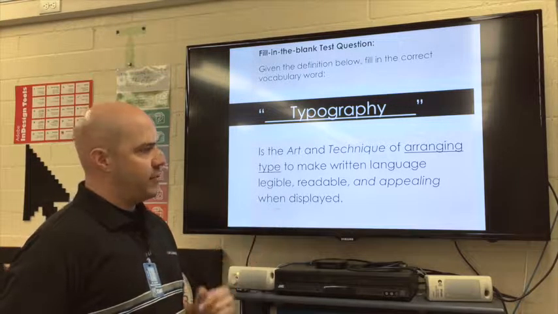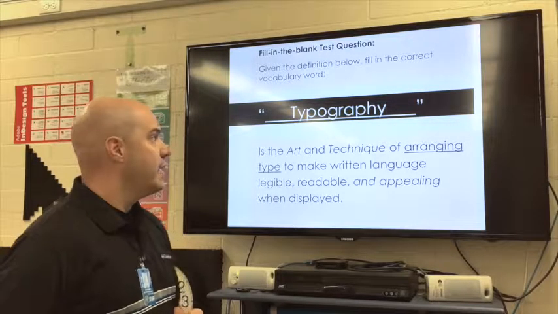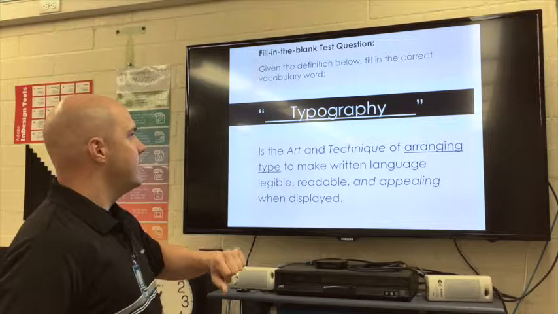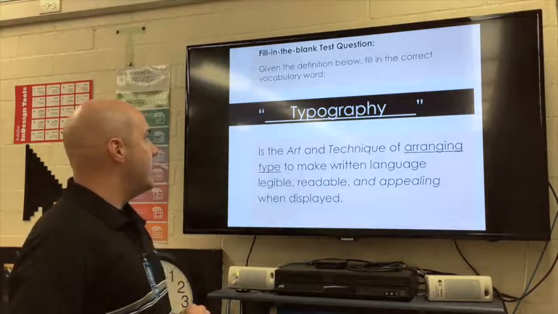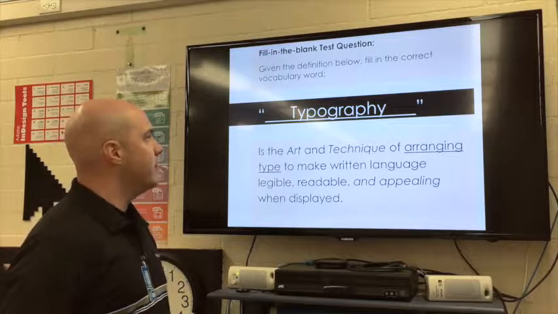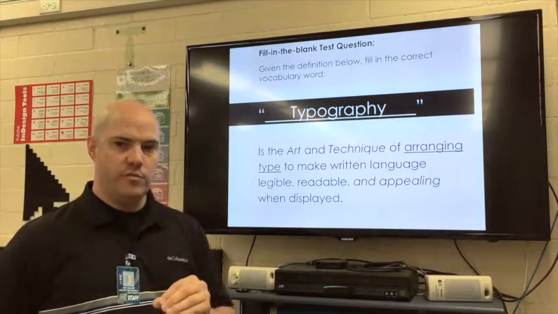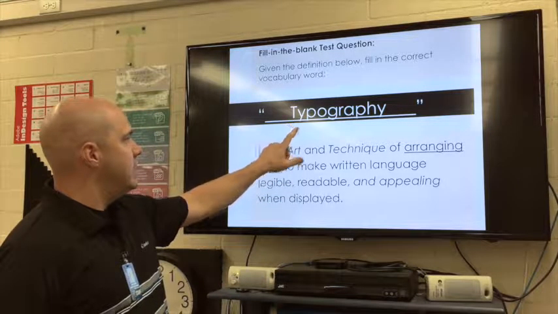So that is how our vocabulary lesson is going to go. You'll be given the definition, and you'll need to supply the word. One more thing I want to do is spell typography so that each of you can write it down correctly, and that's spelled